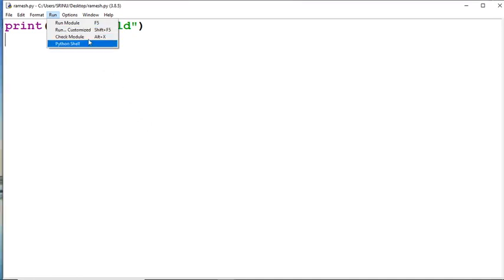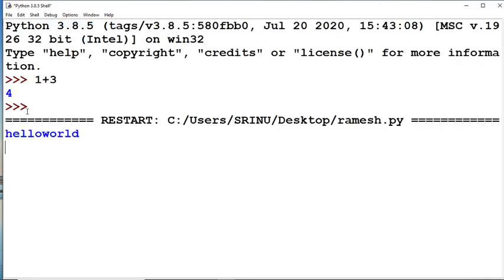Here Run Module is there, with F5. That means we can directly press F5 from the keyboard, or if you click on Run Module, the program will execute. Now I am clicking here. Observe here, hello world. The output is displayed here.